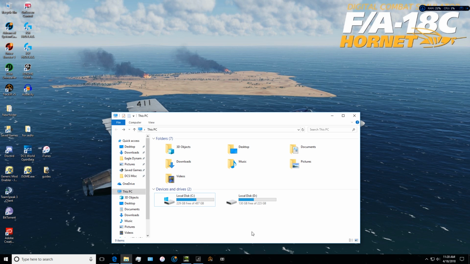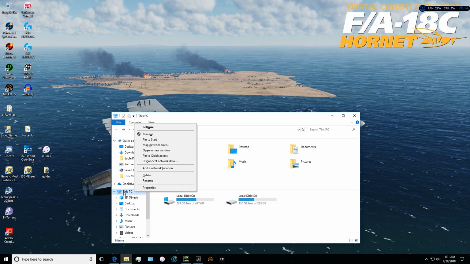Both SSDs, like I said, and because of that, I use a rather large page file to help smooth over any of the memory issues that we're having right now in DCS World. So I will show you how to take care of that and